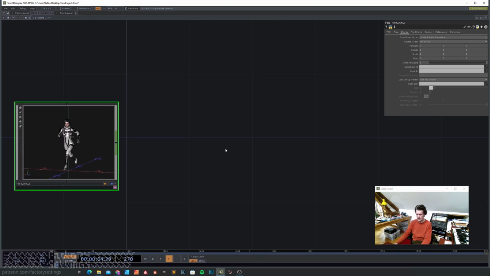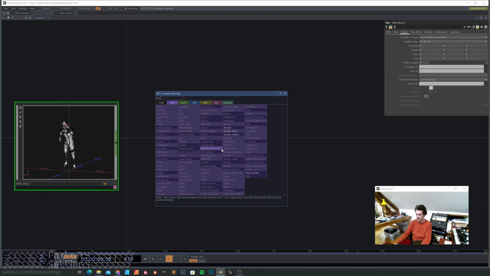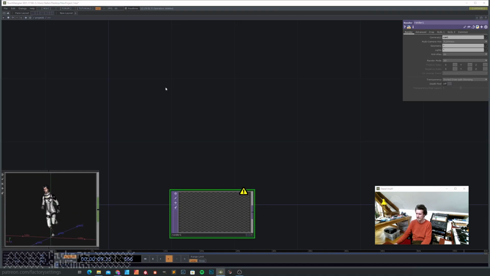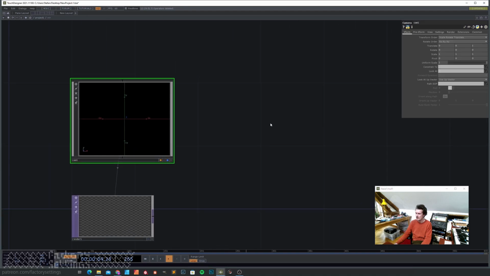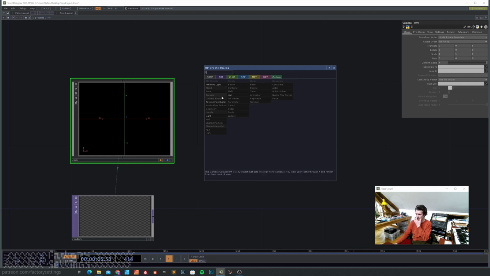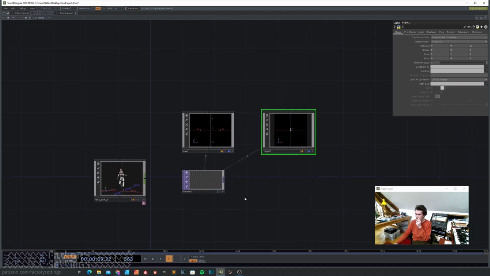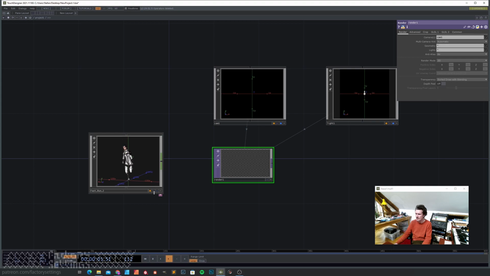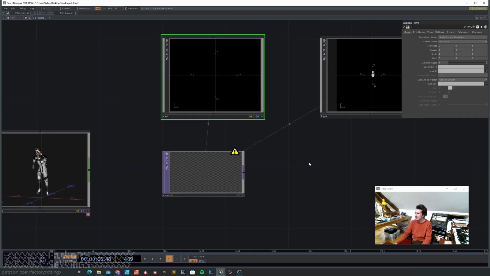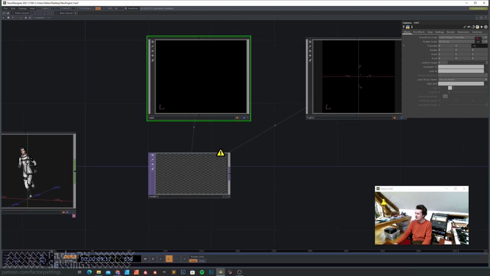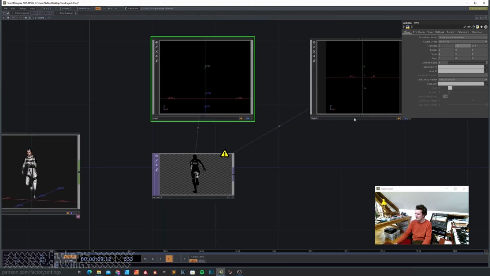So if we're going to render this one out, we use a render, camera, we need some sort of lighting. Let's see. Switch render flag on. It's quite up close, so zoom out a bit. Looking at the back,